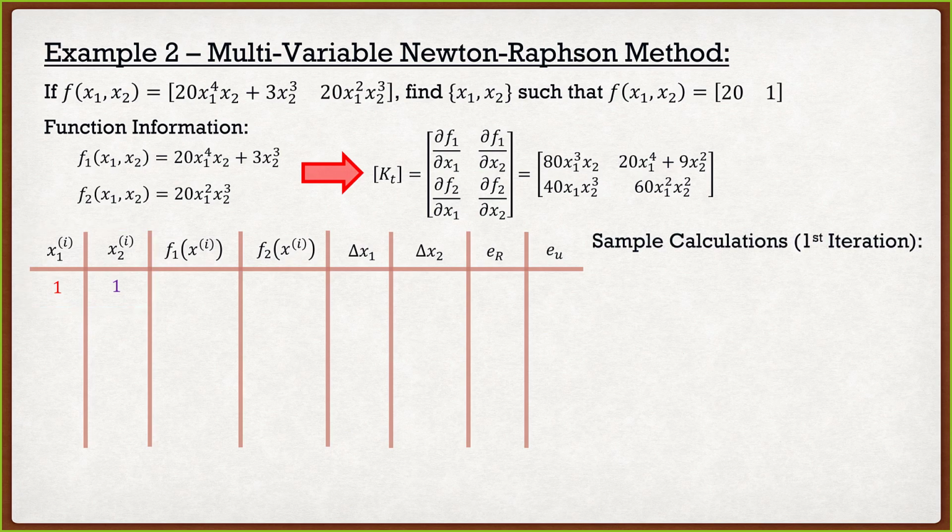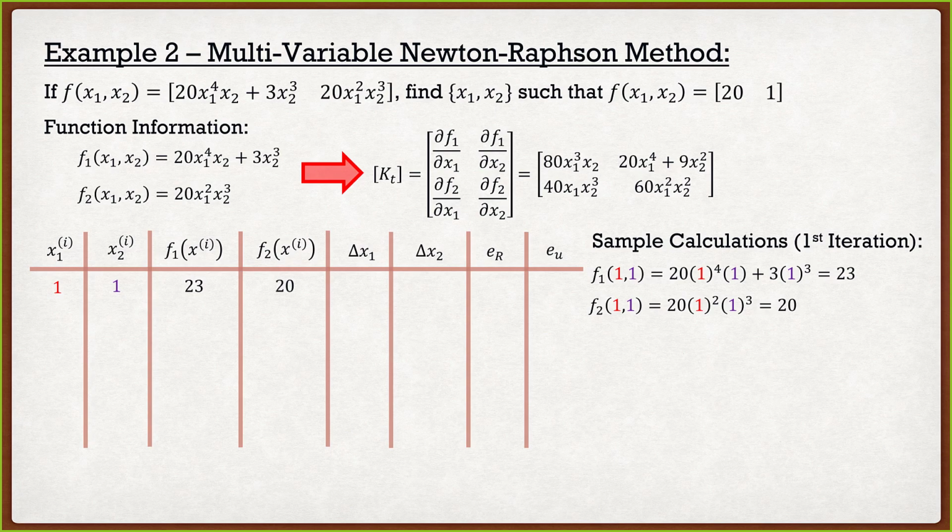So what we're going to do is we're going to do sample calculations for that first iteration. So hopefully this makes sense to you guys. So if we look at our next column, we need our function value at xi. Well, we know that xi is simply going to be the point 1, 1. So f1 at 1, 1, well, we know it's going to be equal to 23. So we have 23 in that column. Moving on to the next column, we now want f2 at xi. So we're going to find f2 at the value 1, 1, and we figure out that that's going to be 20. So I can throw 20 into there, no problem at all.